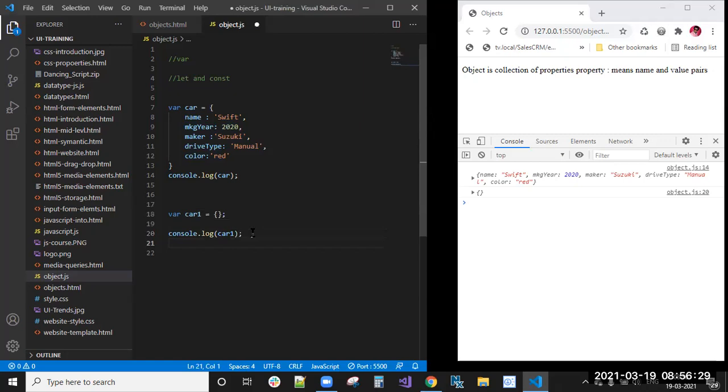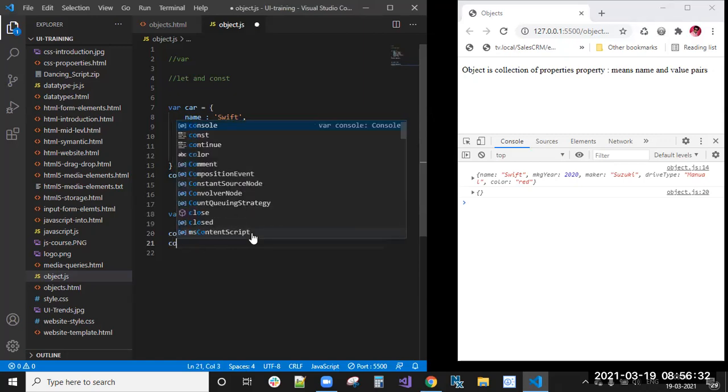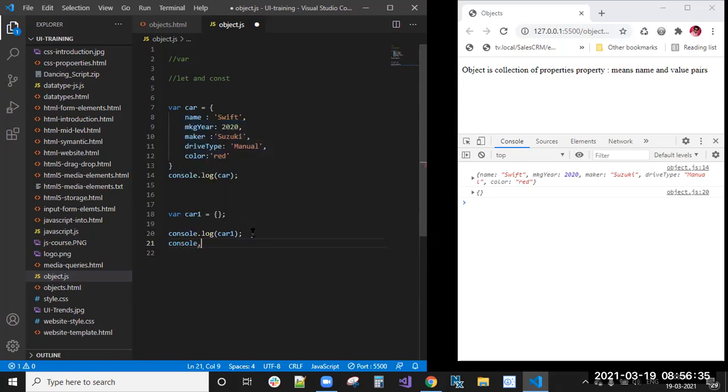It is created. If you write here console.log of typeof car, typeof car1, now you can see object. Like this also we can create, and like this we can create. And one more way is there to create an object. The third way is car2 equal to new, by using the new keyword, meaning we create it with a constructor. This is the constructor way. By using the object constructor we can create an object.